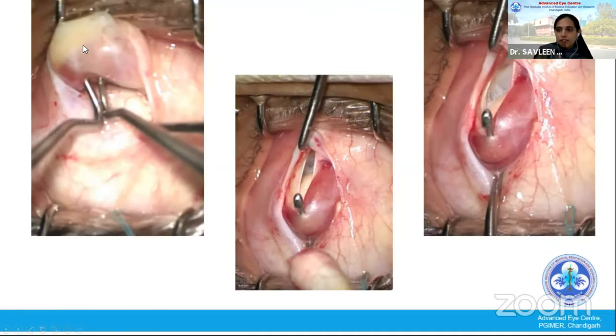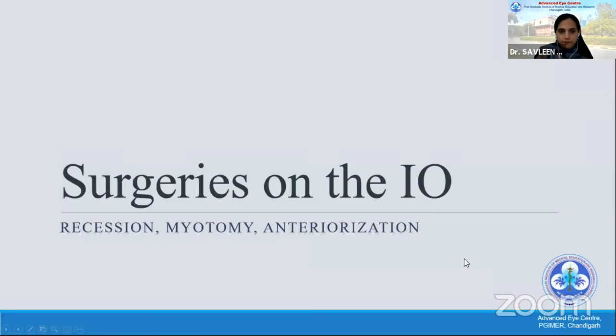We have to make sure that we do not take the fat onto the muscle hook when we are trying to hook the inferior oblique muscle. Complete securing of the inferior oblique should be done, and we should expose the sclera in the form of a triangle when we hook the inferior oblique between the inferior and the lateral rectus. For practically every surgery on the inferior oblique, these steps have to be followed.